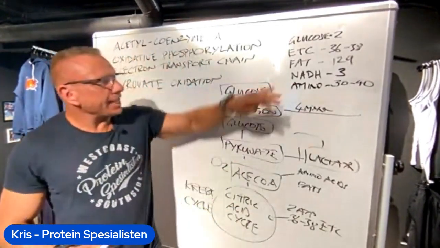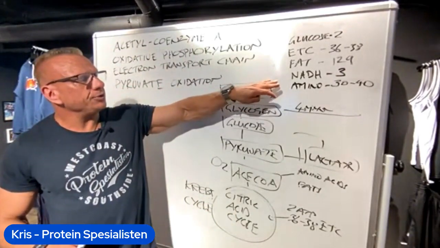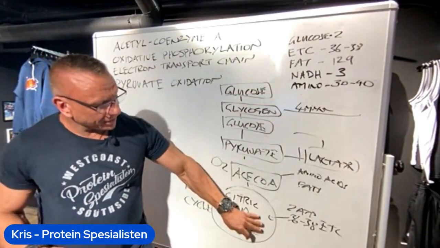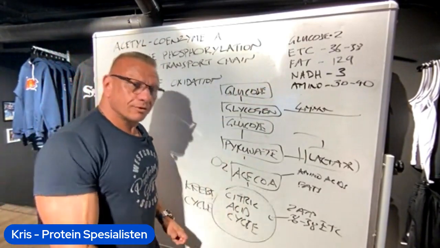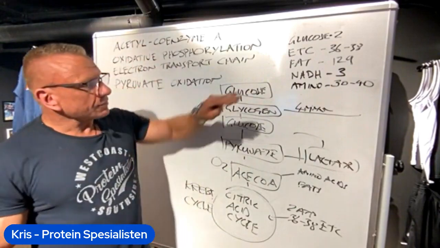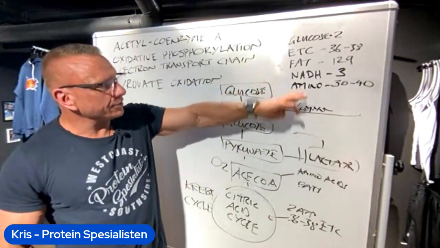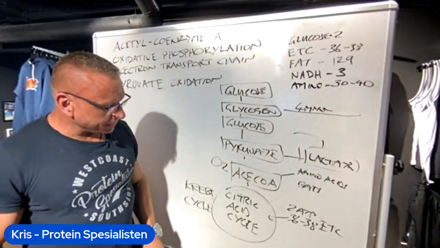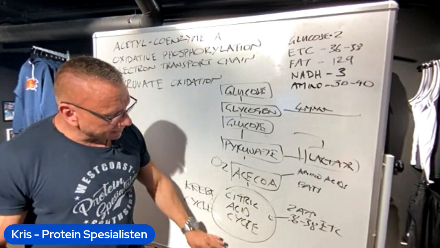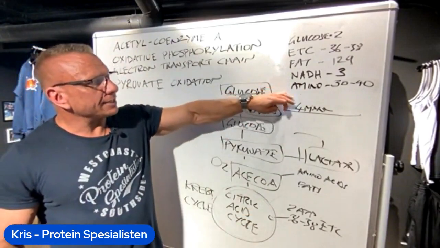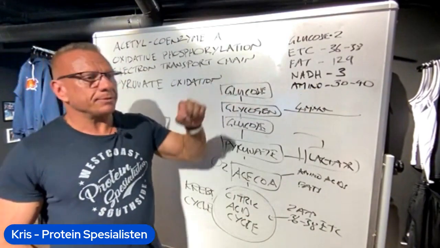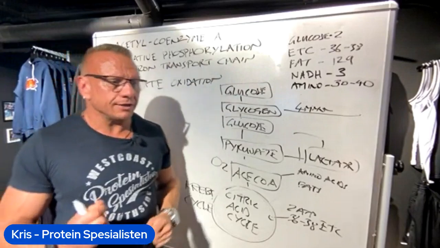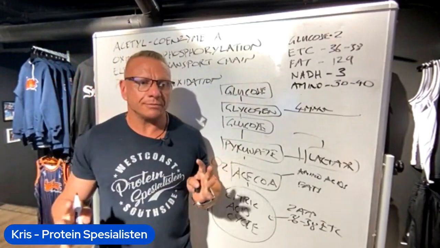Okay, so taking NADH will mean that you can have more energy in the citric acid cycle. So taking an NADH supplement will see that you have more ATP. Fats, one fat molecule becomes 129 ATP. And then taking amino acids, 30 to 40. So consider what happens now when you're going for a run, and then you find your rhythm, and then some